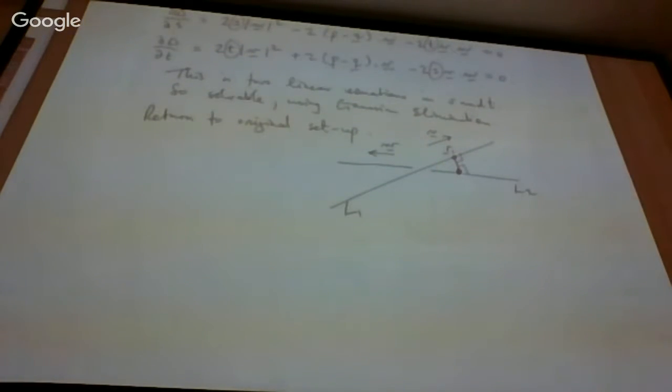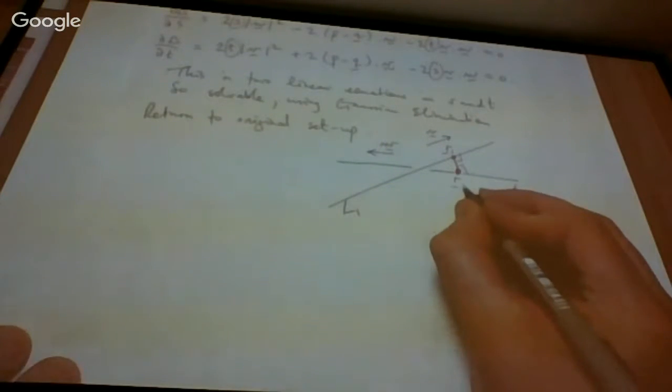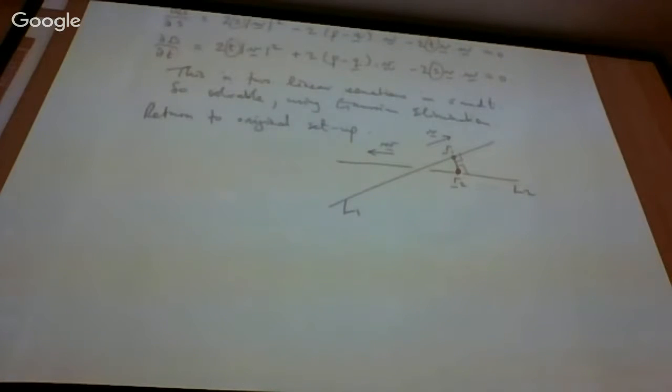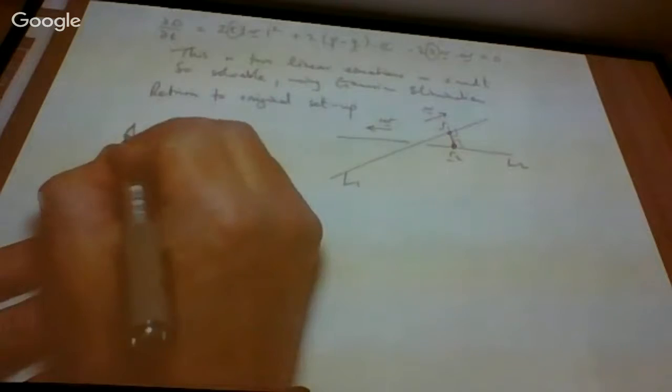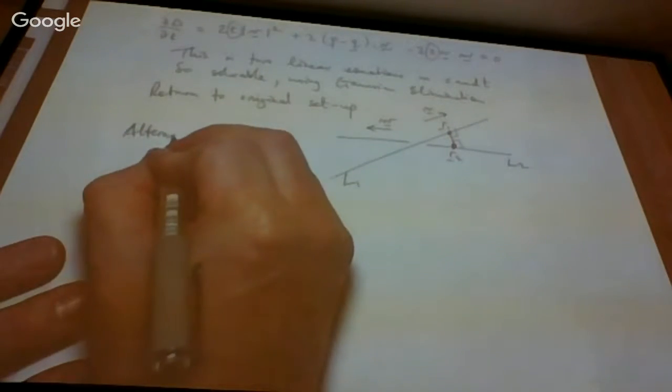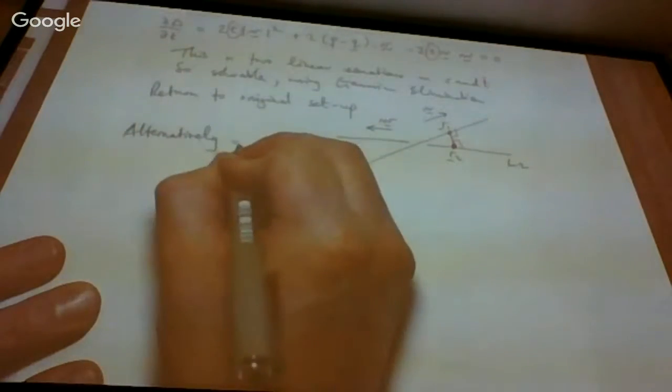So what was this? Was R1 up here, wasn't it? And what did I call it? R1 and R2. Yes, this was R2. So yeah, that's good. Alternatively, rather than going to the partial differentiation, alternatively we can say